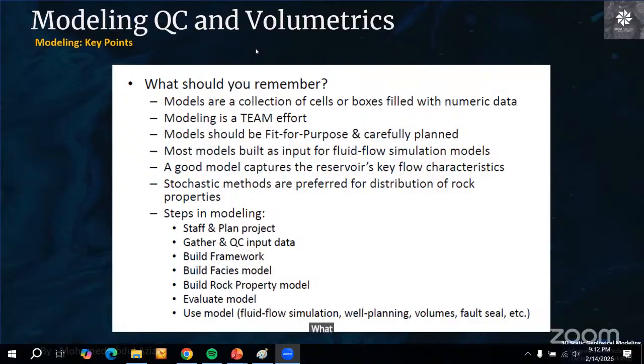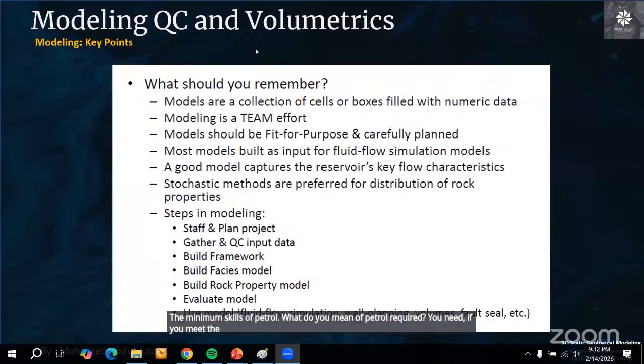What is the minimum scale of Petrel required for developing the 3D model? Can a geologist with basic skills in Petrel do 3D modeling efficiently? The minimum skills of Petrel, what do you mean by Petrel required? If you mean for your experience, okay? For Petrel specs, it depends on your software. If you are asking about the specs of the software, yes, the minimum specs,